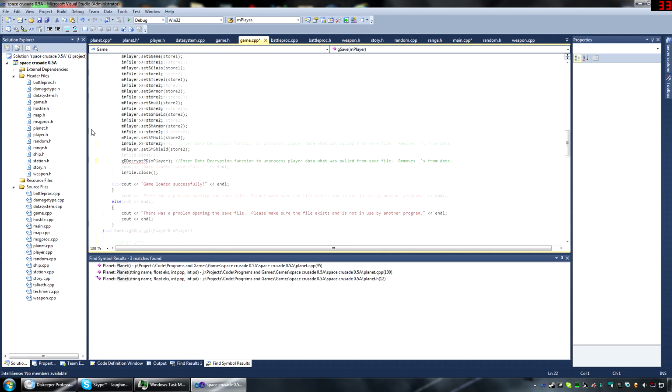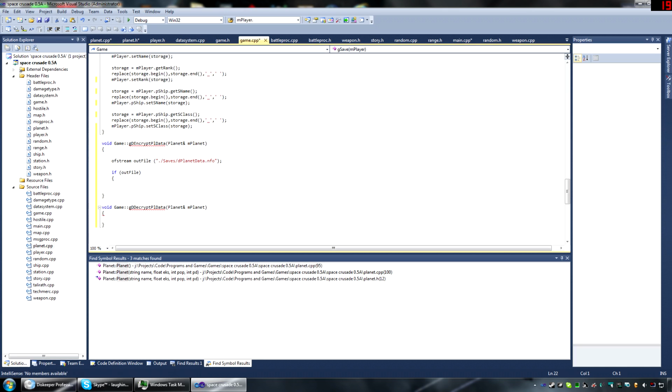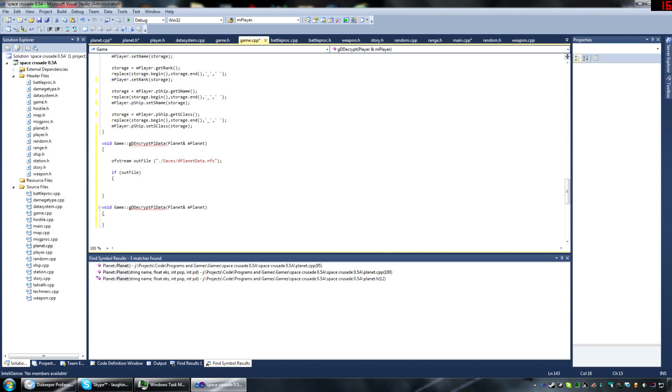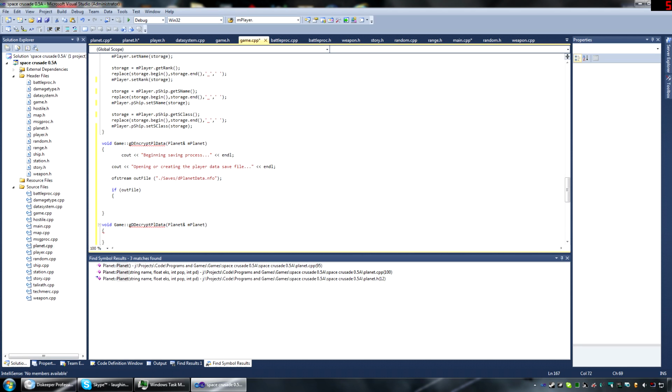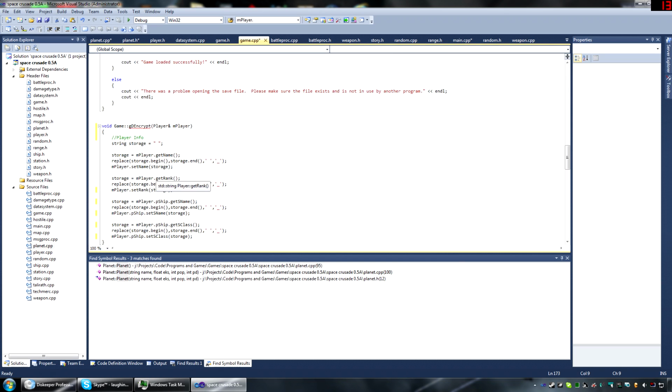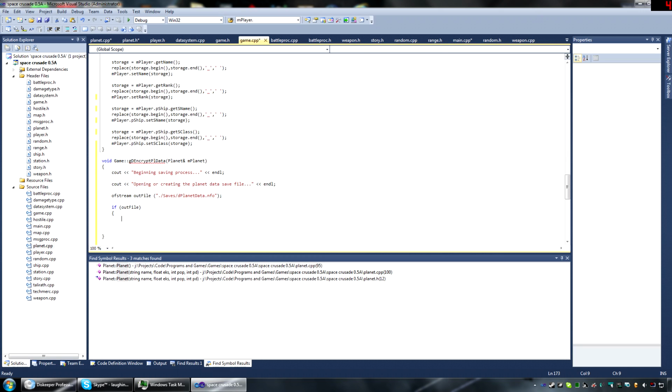Let's grab these counts too. Alright, so out file. So now we need to go through and encrypt them first. So we need to call